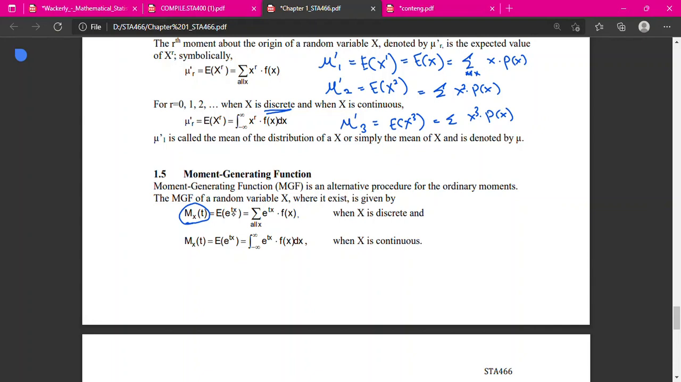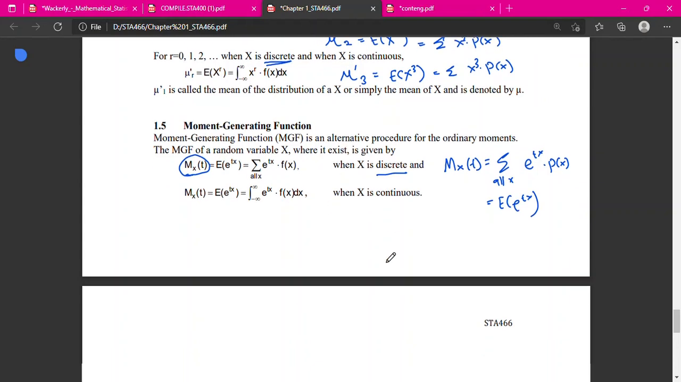The concept is expected of e^(tx). So how to find this expected of e^(tx) untuk discrete? It is summation of e^(tx) multiply fx, ataupun e^(tx) multiply px. Mx(t) is summation of e^(tx) multiply px for all the x. Alright, konsep yang sama. Kalau tadi expected of x, the summation adds up all the values of x multiply px. Kalau Mx(t), which is expected of e^(tx), it will be summation of e power of tx multiply px. For example lah kan,